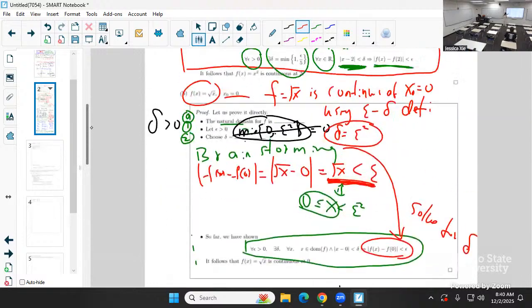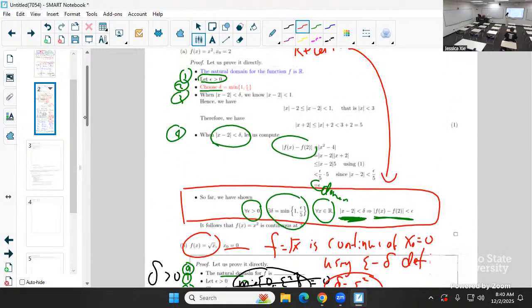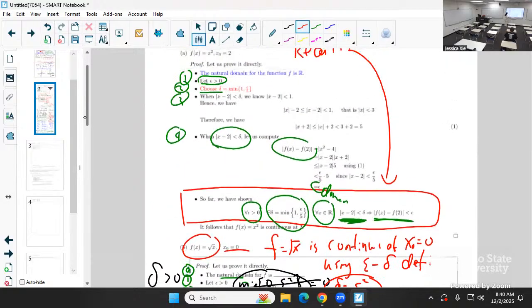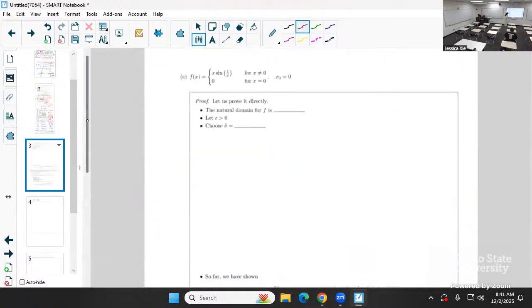Okay, so if you need more help, you can take a look at the writings given in the template 2A. The 2A proof is given. We can modify or make use of the same structure to write out the proof of 2B. 2B and 2A, they are very similar. Okay, all right. So let's see.